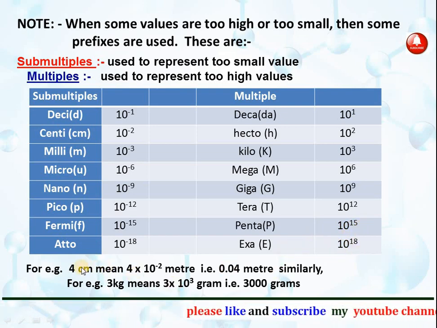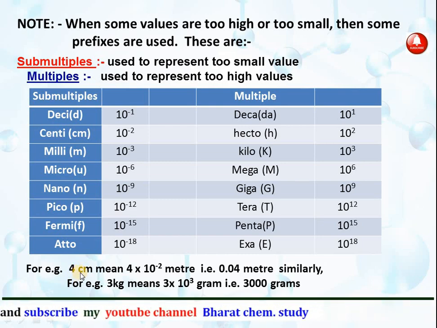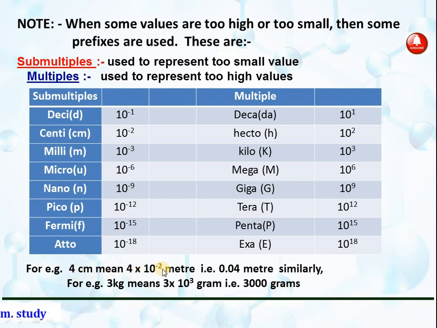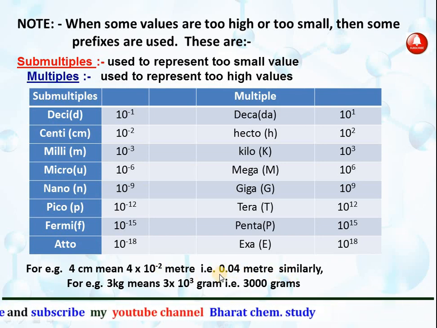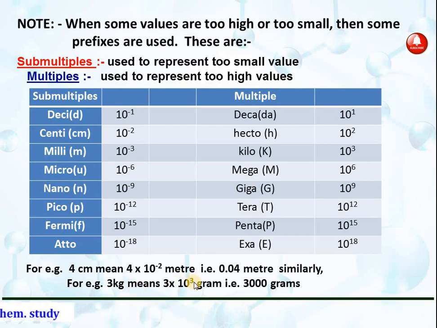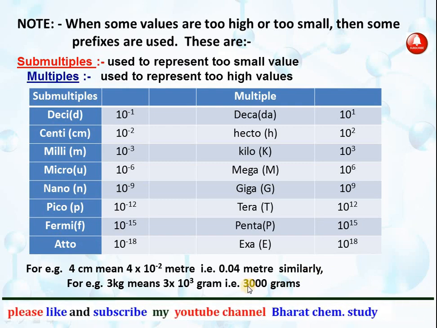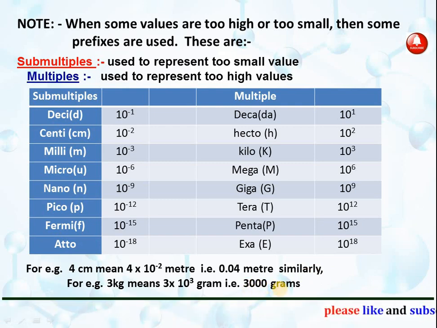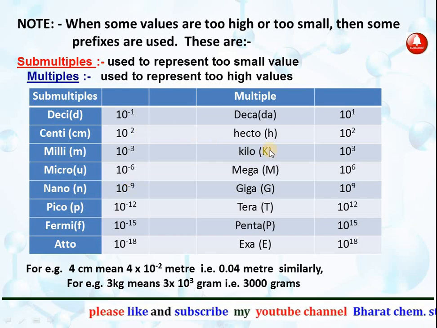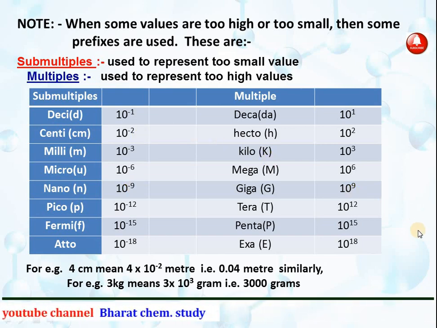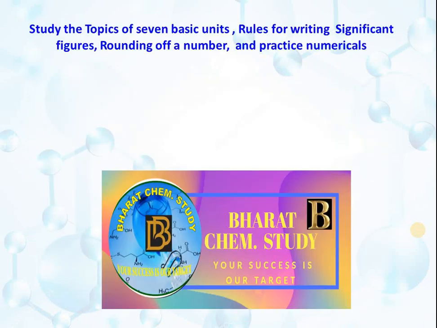For example, 4 centimeter means centi is 10 to the power minus 2. 4 centimeter means 4 into 10 to the power minus 2 meter, that is 0.04 meter. Similarly, 3 kg means 3 into 10 to the power 3 grams, that means 3000 grams. So sometimes when the value is too big, instead of writing all the zeros, we add these submultiples and multiples that we have to learn, because most of the MCQs of this type are coming from this. So study the topic of 7 basic units, rules for writing significant figures, rounding off a number, and